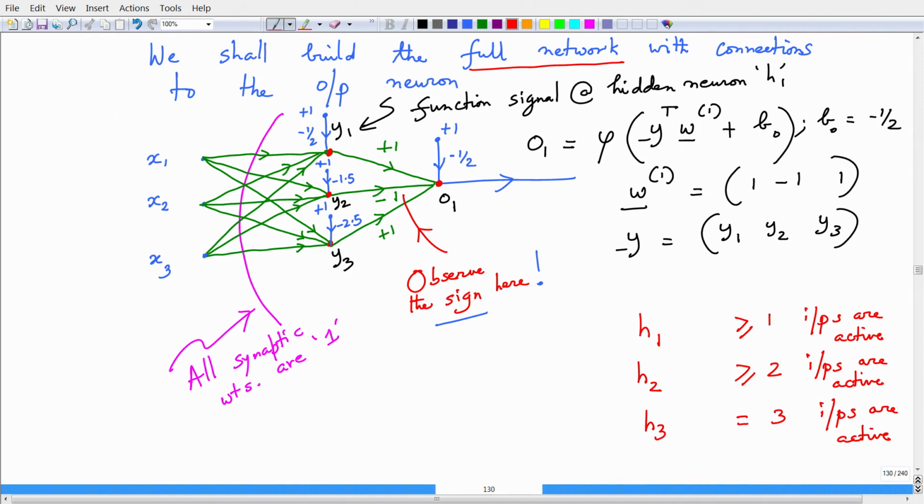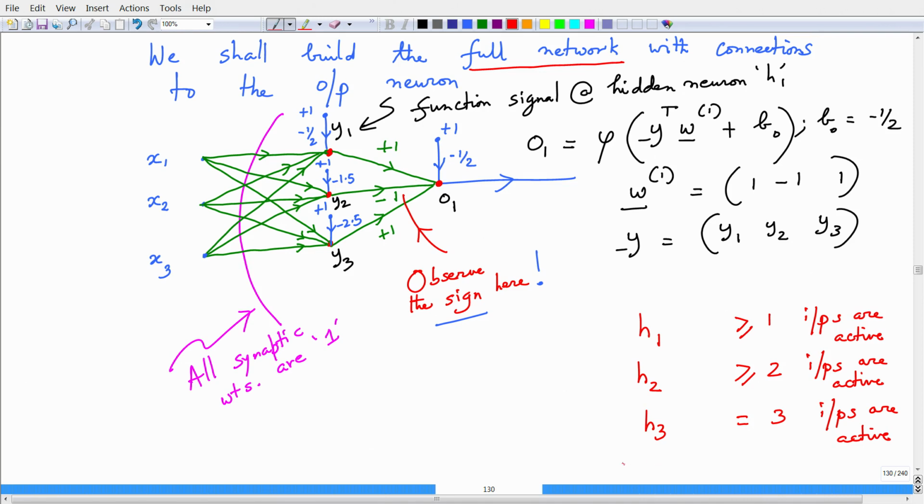So, if you have the case when H3 equals 1, it implies that H2 equals 1 and H1 equals 1, because if all the 3 inputs are active, then definitely we have at least 1 which is active and at least 2 that is active. Now, I do not want the even parity, the neuron which responds to at least 2 inputs, that has to be shut off.